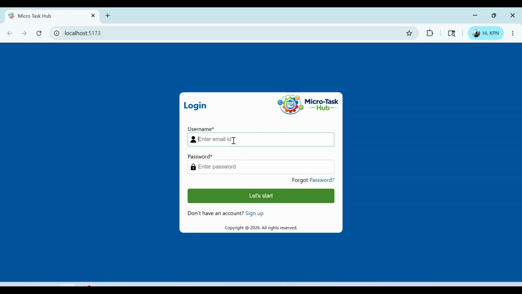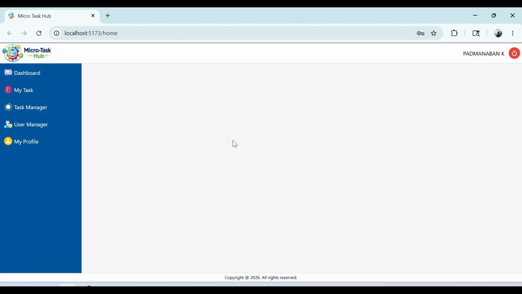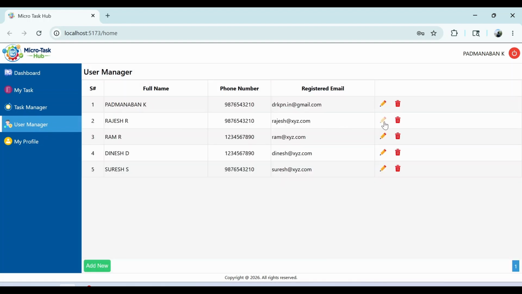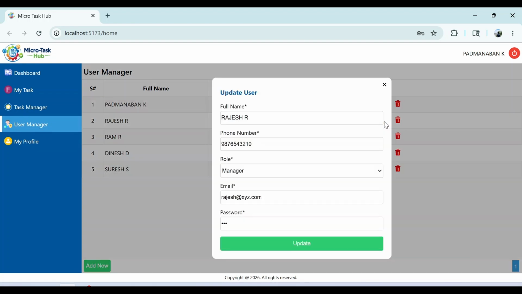Then log in by using admin credential, and go to the module user manager. Try to click on any one of the edit icon. It will fetch data from the table and display those data on the front end. Now the user can modify the data, then they click on the update button to save the changes permanently into